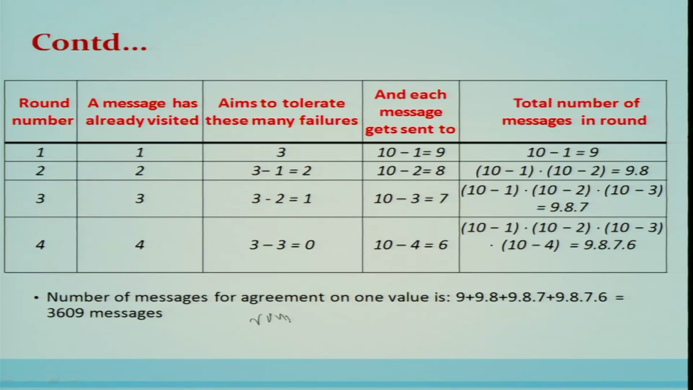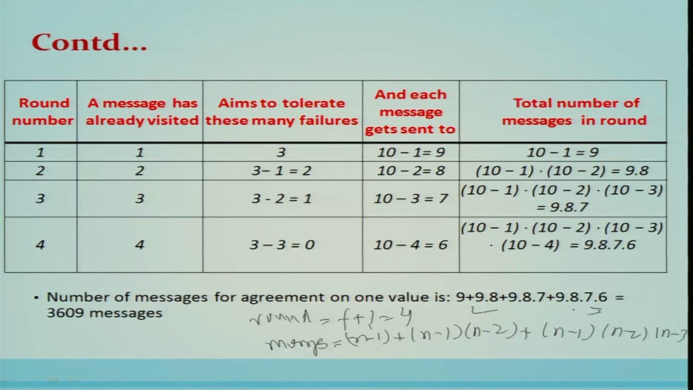Similarly, if we see the message complexity, the number of rounds, as I told you, is equal to f plus 1, that is 3 plus 1, 4. The total number of messages will be n minus 1, plus n minus 1 times n minus 2, plus n minus 1 times n minus 2 times n minus 3, for rounds 1, 2, and 3. The fourth round will take n minus 1, n minus 2, n minus 3, and n minus 4. So the total number of messages, if you count, comes out to be 3609 messages